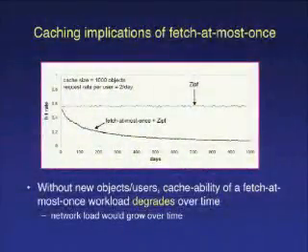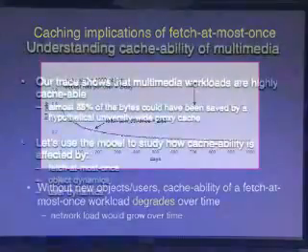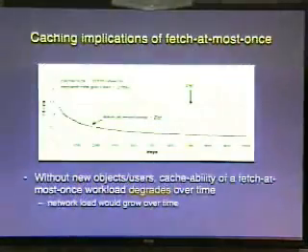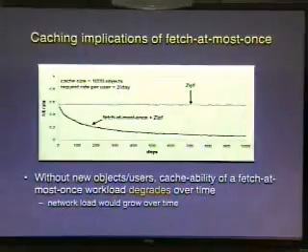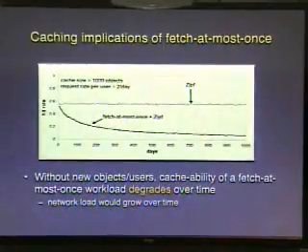So the advantage now is that we have this model, so we decided to understand what's going on here by using this model to study how the cacheability is affected by fetch at most once and new objects and new users, so that we can identify which is the dominating factor and which is a factor that is likely to be replicated in practice in the outside world. Okay? So let me begin by looking at how fetch at most once affects the cacheability of the Ceph distribution.